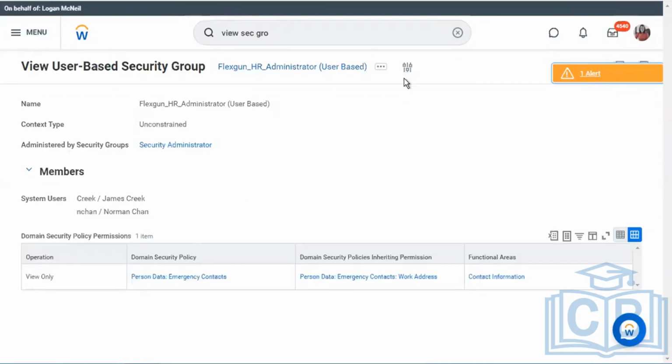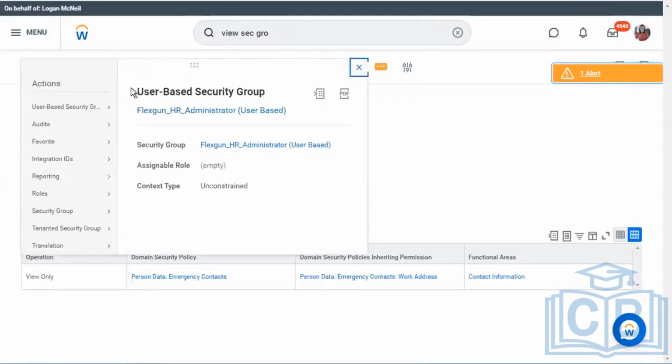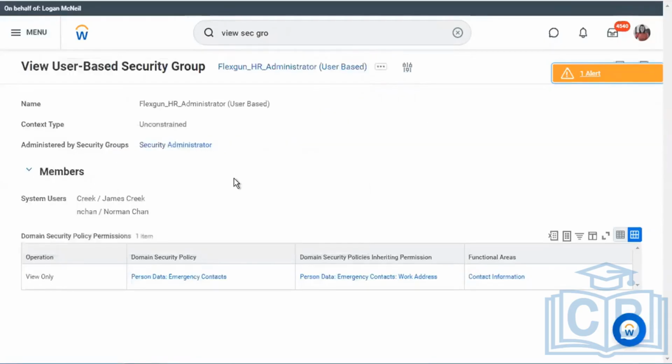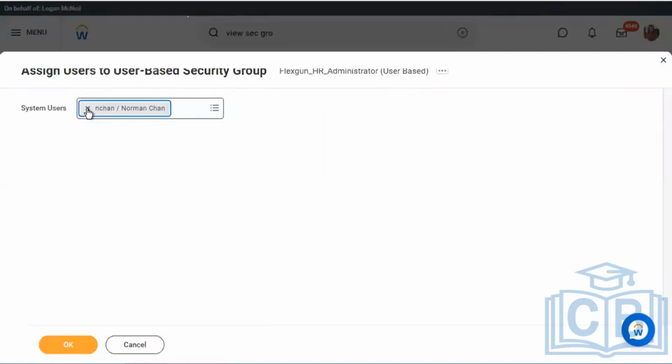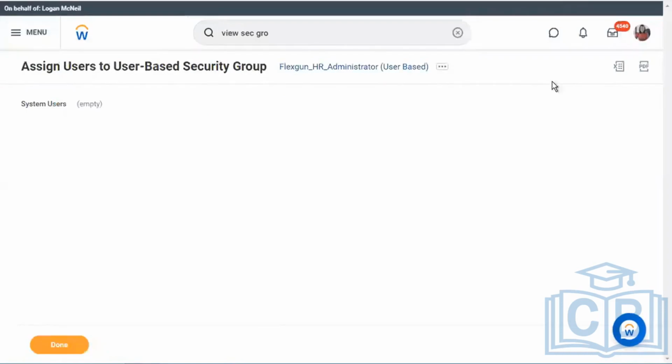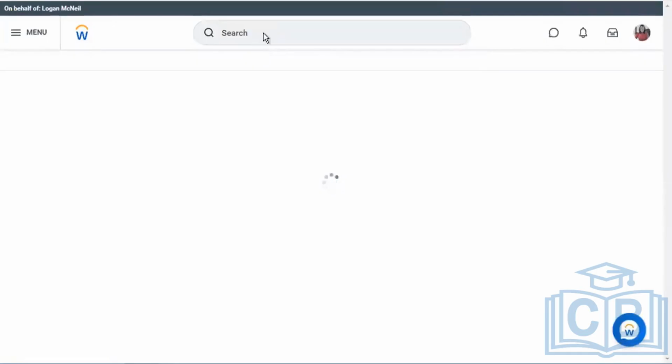What I'll do today is, since I have Magic Mike with me, I'll remove both of them and save it. There is no member in here. I'm doing it just to demo to you guys that Magic Mike does not have any access to look at emergency contact for any other employee in the system.